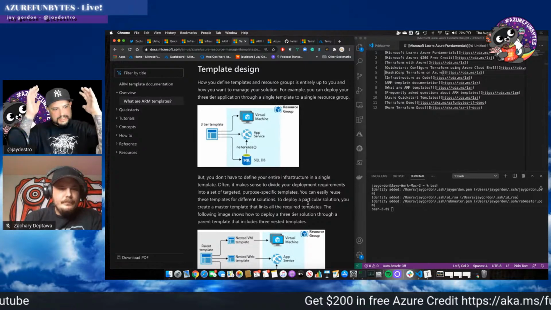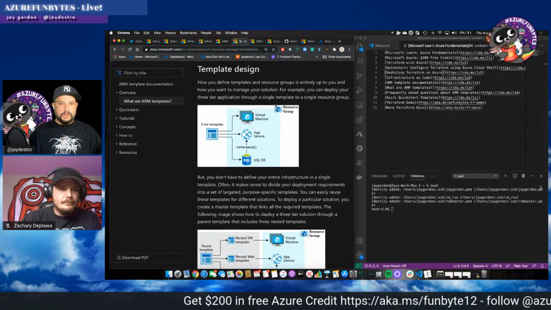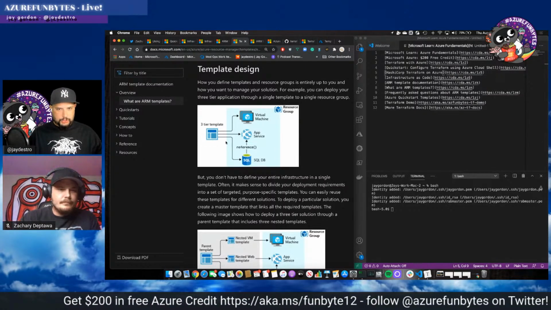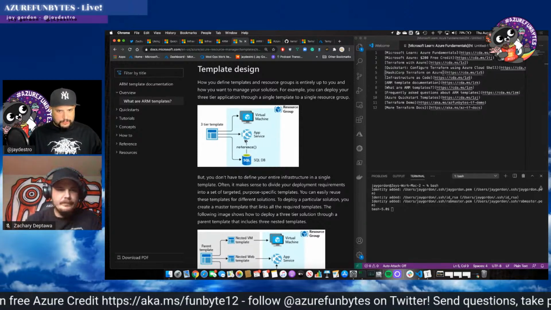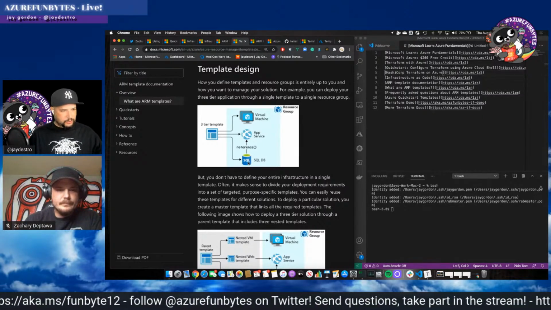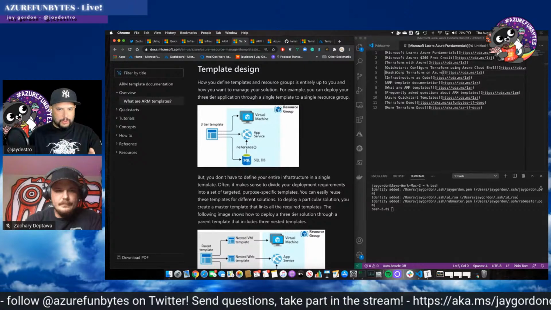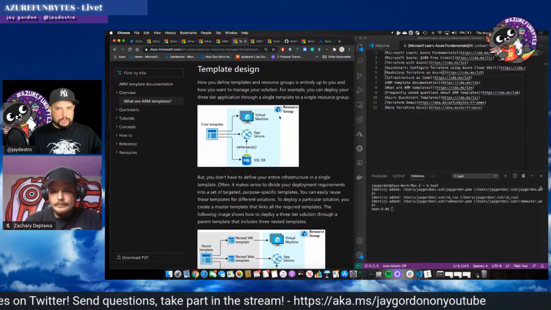We can set in our template that we want to build a virtual machine, we want an app service for that, and we want that app service to connect to an SQL DB. And then the thing we also make sure is that we want that to happen in a resource group,